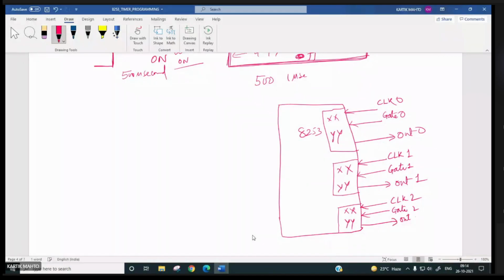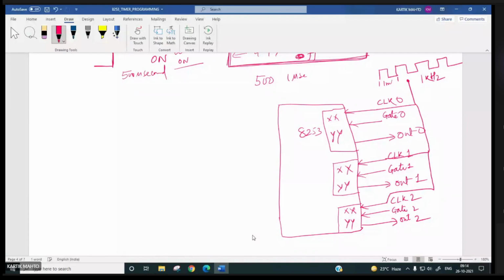Now clock 0, clock 1, all of them are given, say, 1 kilohertz, so the time period will be 1 millisecond.